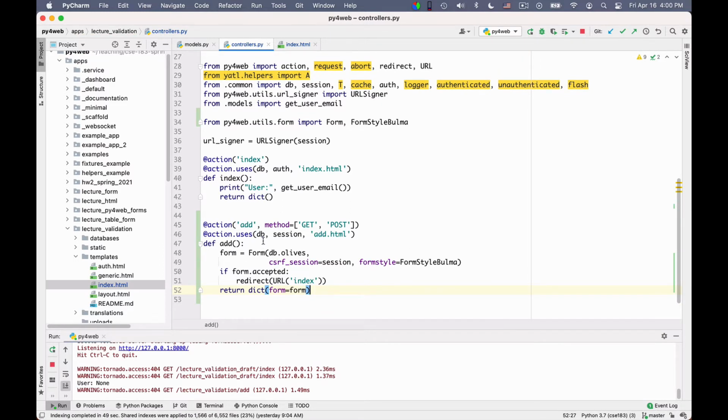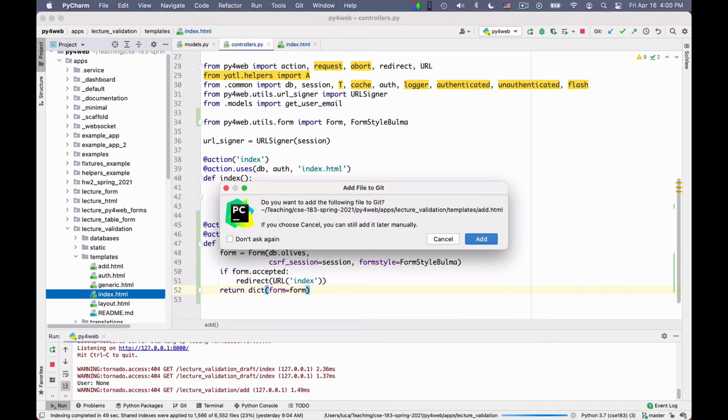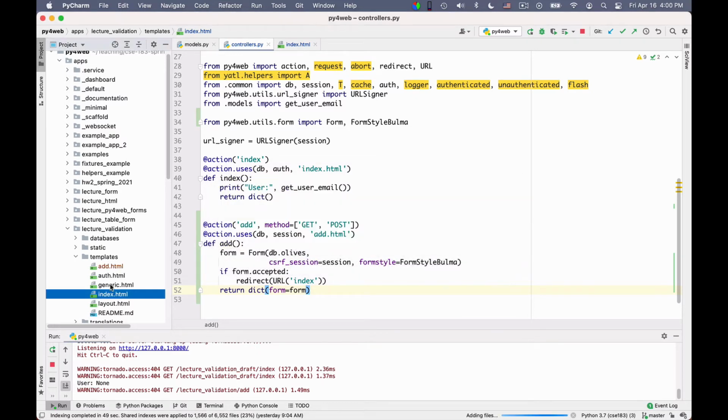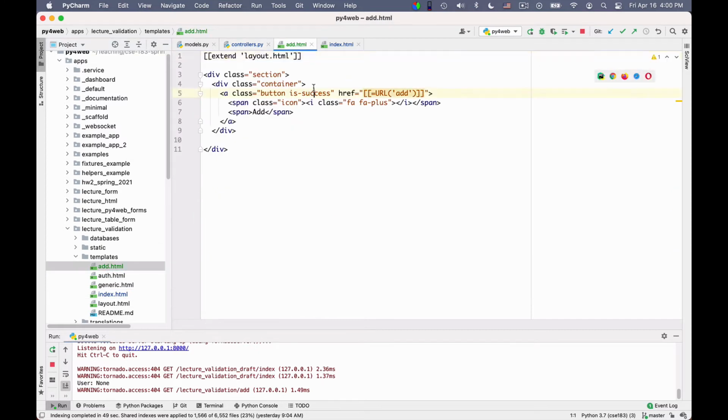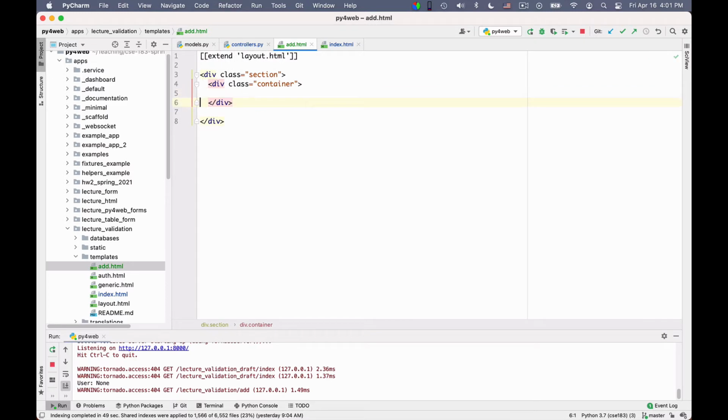This is all it takes actually, but now we need to define an add.html. So let me just duplicate for laziness index.html. I call it add.html, and then I go to it, and what I'm gonna do is simply that I'm gonna remove the button and just here instead put the form.